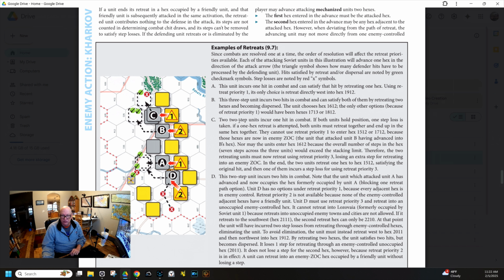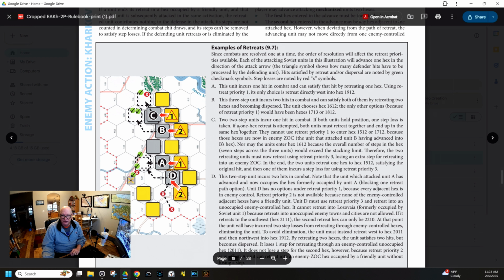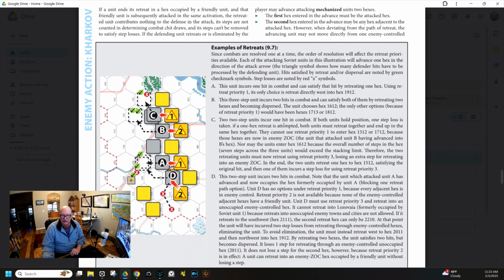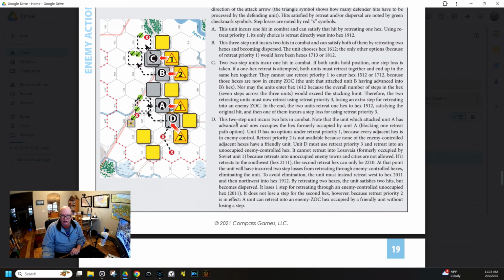C. Two 2-step units incur one hit in combat. If both units hold position, one step loss is taken. If a one-hex retreat is attempted, both units must retreat together and end up in the same hex together. They cannot use retreat priority 1. And then the 2-step unit incurs